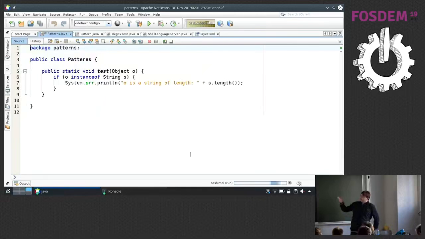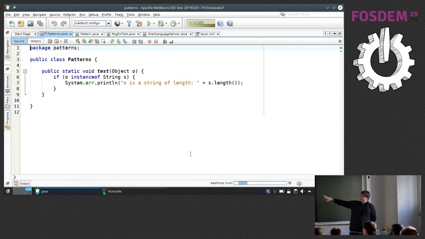And the point of that is, there is the source code, and you see this instanceof String s, and you might have noticed in Brian Goetz's talk yesterday that this is pattern matching. It means that if the variable o is of type String, a new variable of type String will be created, and o will be cast into the new variable.